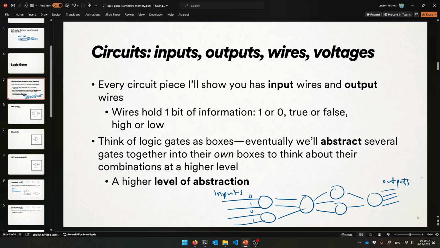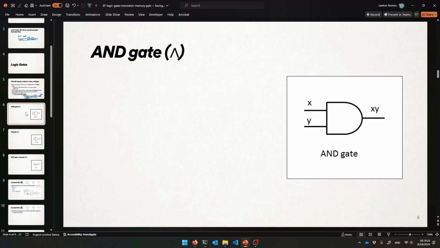Okay, so with that, let's get started. So yeah, let me teach you about the AND gate. All right, so an AND gate looks like this. This is how we draw it when we're drawing circuits. It kind of looks like the bullet from Super Mario. Okay, and yeah, these are the inputs, this is the output, and its job is to compute the